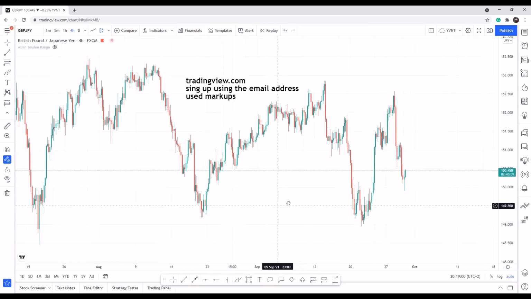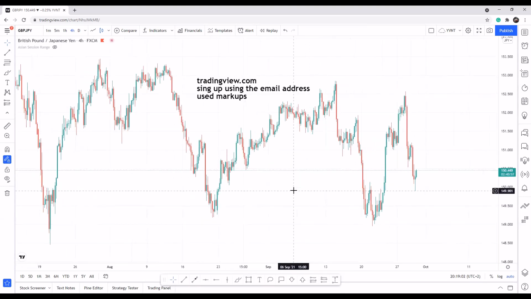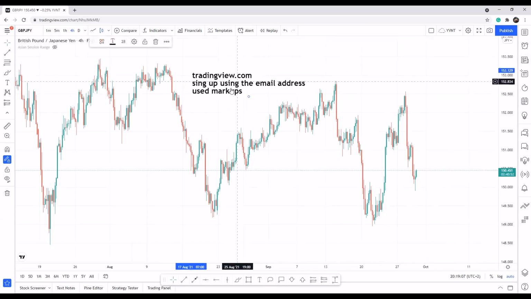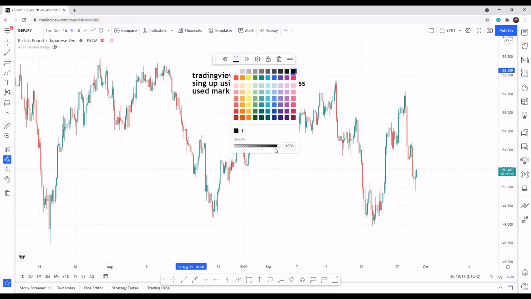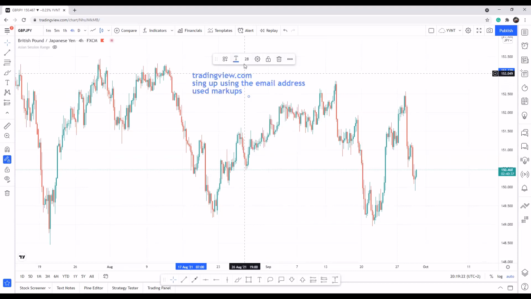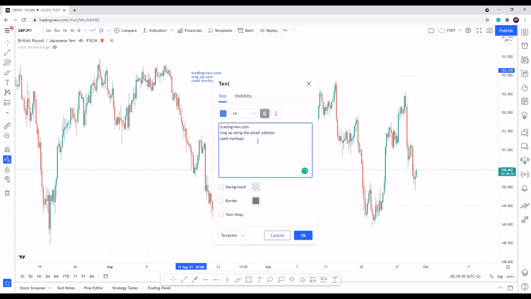Okay. So what else did I forget to mention? Oh, okay. So what we can do now, let's say I'm done. Let me remove this text. So if you want to delete something, you have to click on it. You will see it pops up a menu on top of it. And then here, this is where you can change the opacity of the color. And then here you can click on any color you want. Here you can change the font, the font size. And then here you can make changes, like delete,